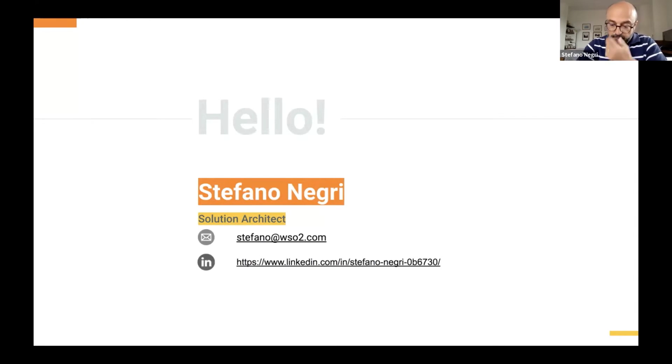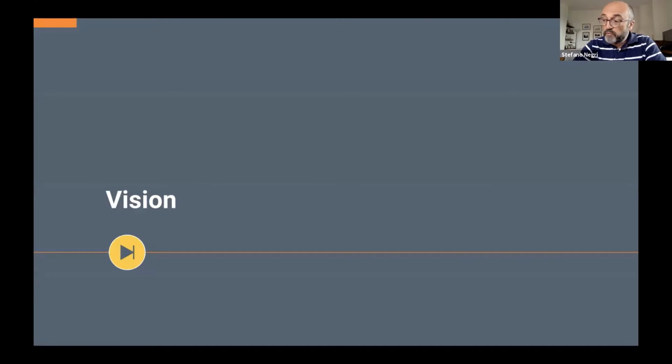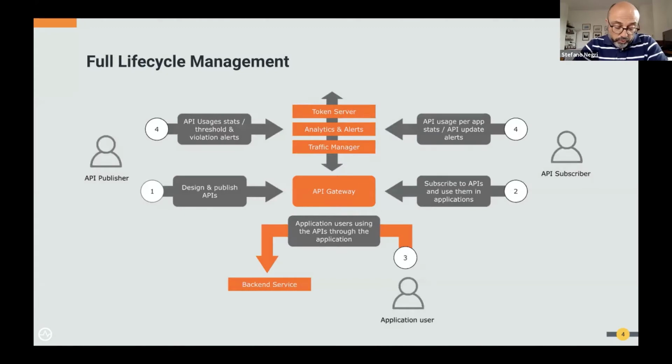As Stephen said, I would like to brief you on the product updates. And before that, I want to share with you what has been so far our vision, not the market vision that Paul presented, but more exactly what we mean by an API manager. It's important to consider that so far we have been driven in this journey by the meaning that for us API management means full lifecycle management.